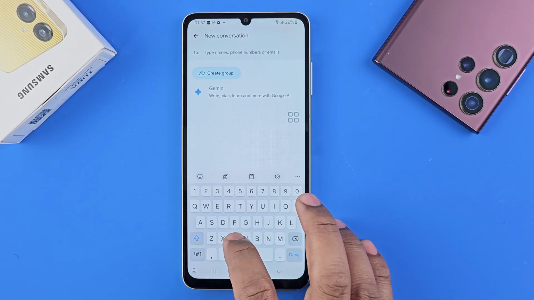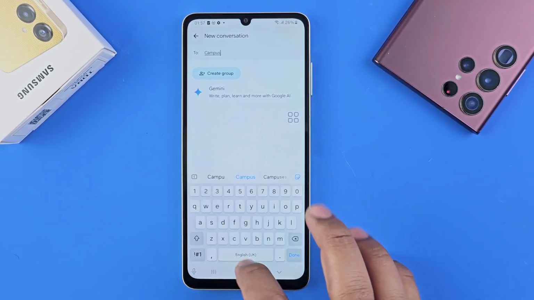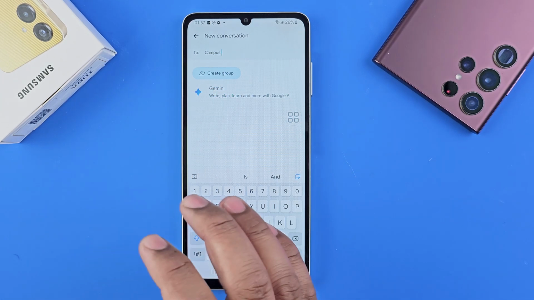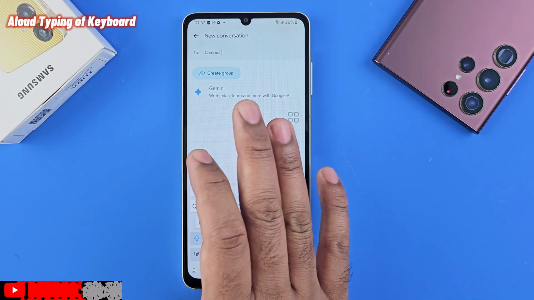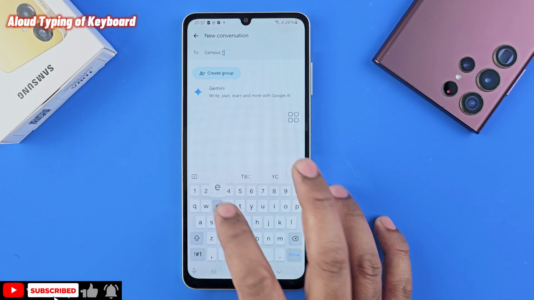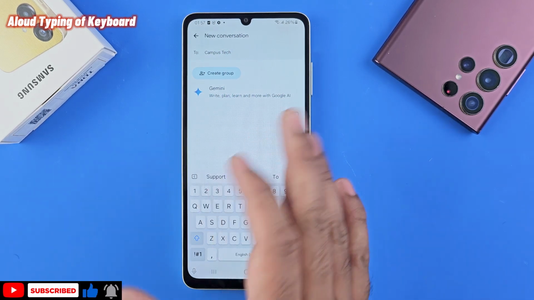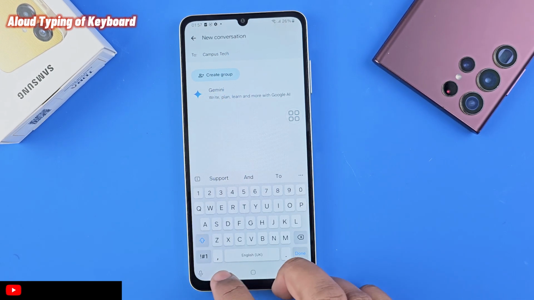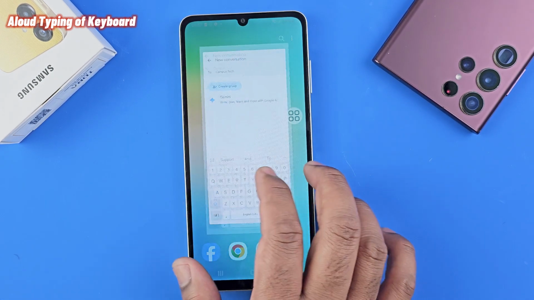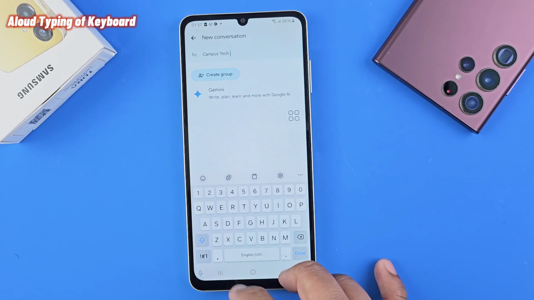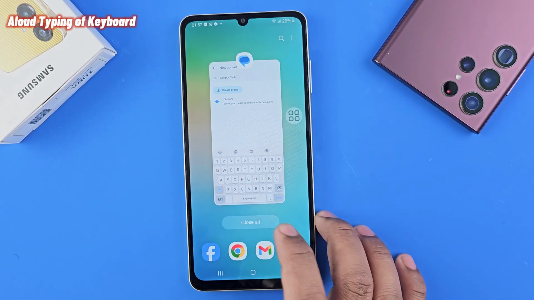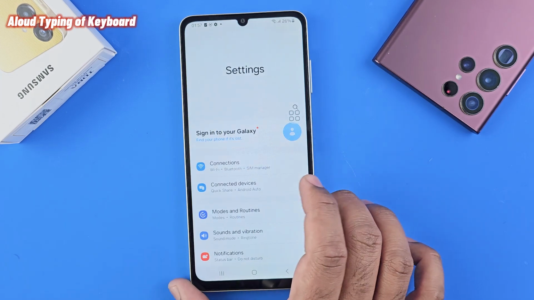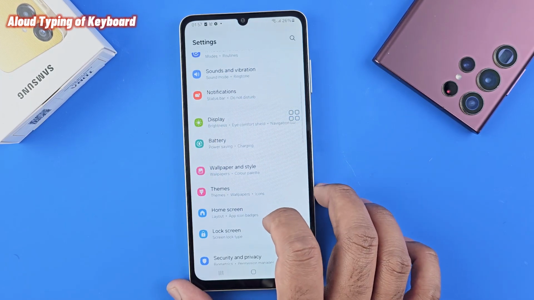So look at this. When I'm typing, let's say "campus," and when I complete the word, it will repeat it aloud. So it means whatever you type, it will say it aloud. If you want to activate this, you can do it word by word. Also, you can do it character by character too. Just go here. It's sometimes a very useful feature for people who have a vision problem,